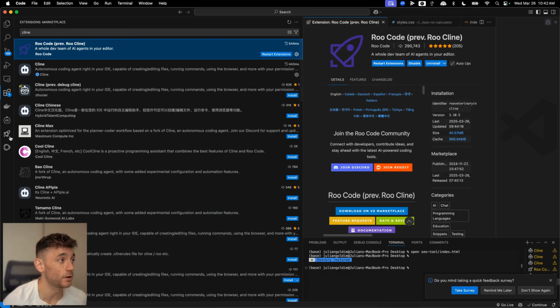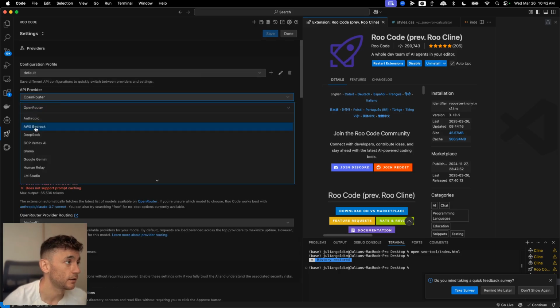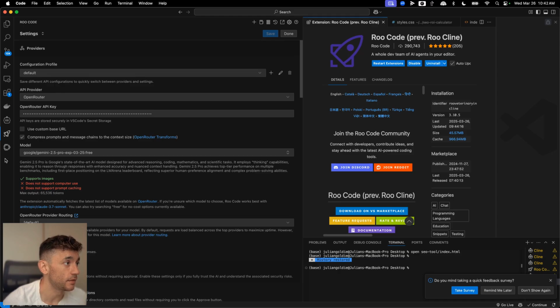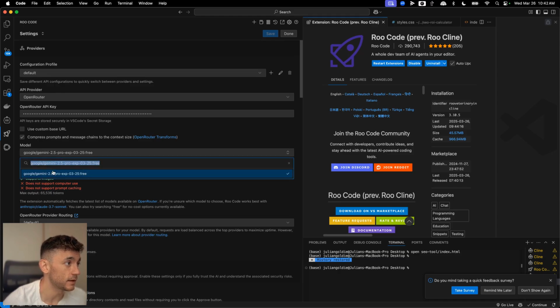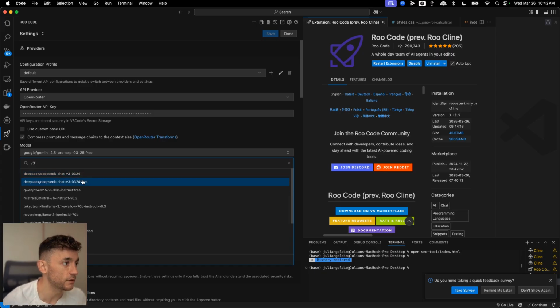I personally prefer RooCode, to be honest with you. And what we can do in here is we can start automating and building out, for example, websites, right? If we go to settings over here, OpenRouter, you can see we can select between the different API keys. So actually, I think it's better to type in V3. That seems to come up with the option better and quicker. So we can type in V3, and it'll come up with DeepSeek chat V3